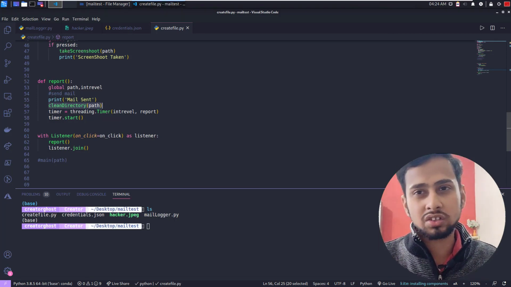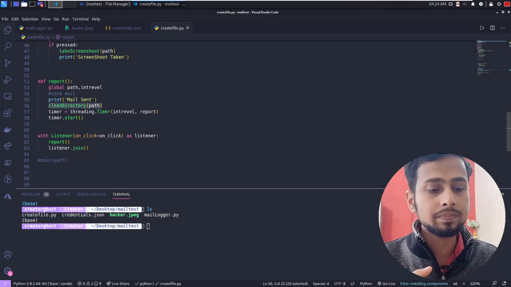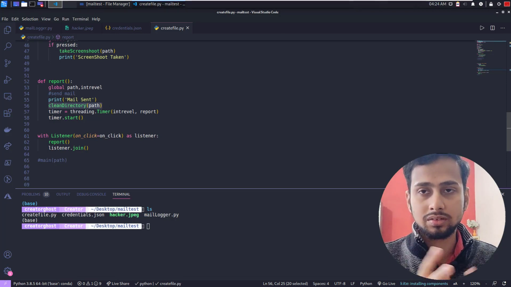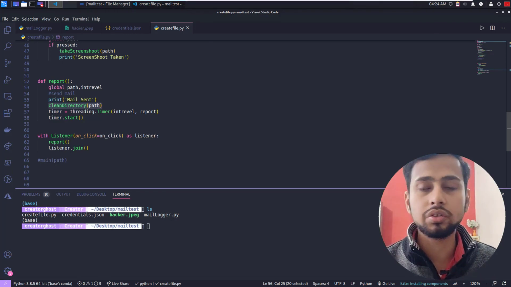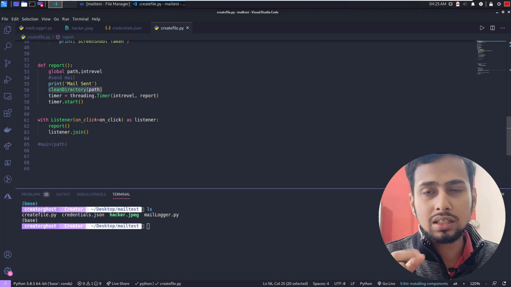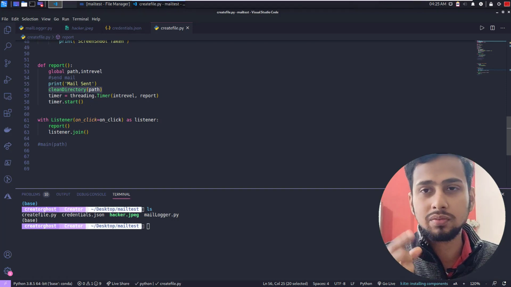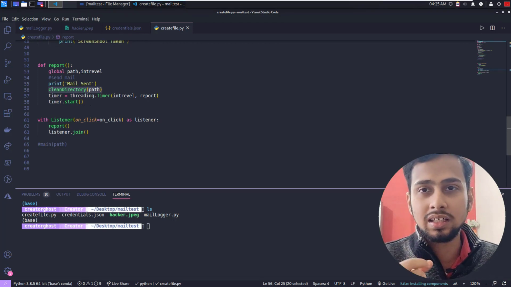Then here we are using the concept of recursion, which is going to call this function again and again. That is why it is going to run till eternity, because we need to listen to the mouse clicks for eternity once it is installed in the computer system. So that is our screenshot function, which is going to capture the screenshot, save it into the file, as well as delete the files.